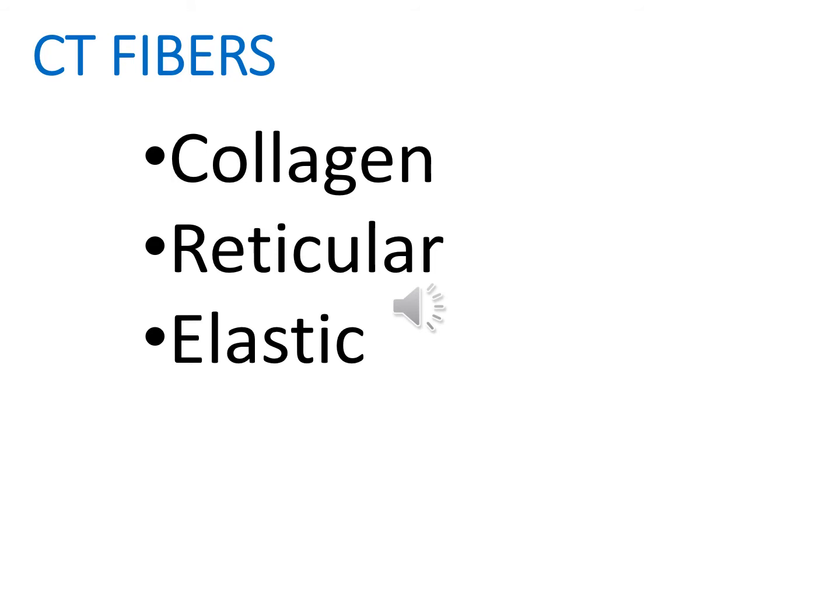So talking about the connective tissue fibers, the fibrous components of the connective tissue are in fact elongated structures formed from proteins that polymerize after excretion from the fibroblast. So fibroblasts secrete the proteins that polymerize and give these fibers. The three main types of fibers in the connective tissue are collagen fibers, reticular fibers, and elastic fibers. Collagen and reticular are both formed by proteins of the collagen family, and the elastic fibers are composed mainly of the protein elastin. These fibers are distributed unequally among different types of connective tissue, with the predominant fiber type usually responsible for conferring the specific tissue properties.